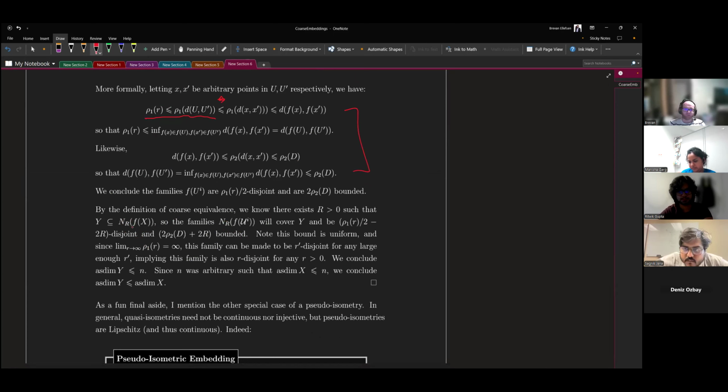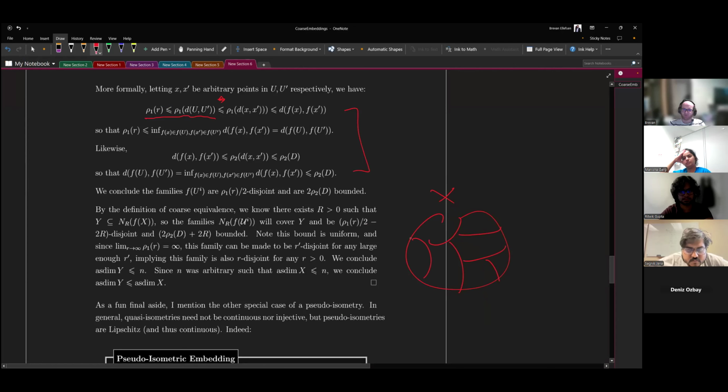So because of this, just mapping under f, we know X is partitioned into all these U_i's. So here's our partition of X. We know a neighborhood of f of X covers Y, so a neighborhood of all of the images of these pieces covering X should cover Y. And because of that, that will still be disjoint and bounded. All that could go wrong is